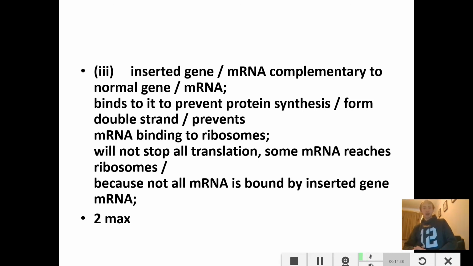That the mRNA will not be able to bind to the ribosome very broadly. And in this third part, I don't think anybody would ever write. I know I wouldn't have. It's not necessary because you can get 2 marks without it. But the fact that it won't stop all translation as some mRNA will reach the ribosomes, that is true. That is the case, but I can't see how it's relevant for the question, to be honest. Now we're going to cover something a bit more like this in year 13 when we do some gene technology work, but hopefully everyone at least noticed that it was complementary.